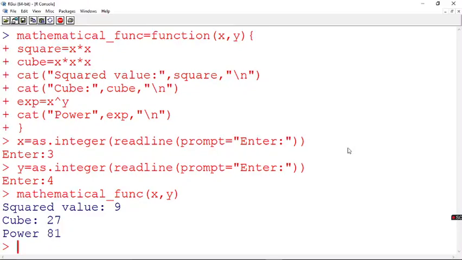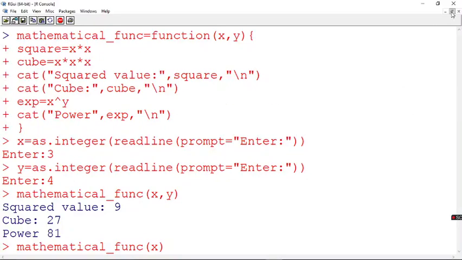Okay. So now let's see what this lazy evaluation is. This is normal, we know this is a normal function. Now I just give mathematical underscore function, and I just give the x value alone. What I'm doing, see here, actually we had declared this function as having two arguments to be passed, but I'm passing only one argument. So obviously you would expect that it will say the number of arguments does not match and it will throw an error, but that will not happen. Now let's see what is happening.